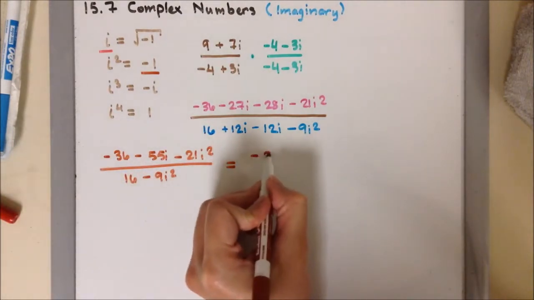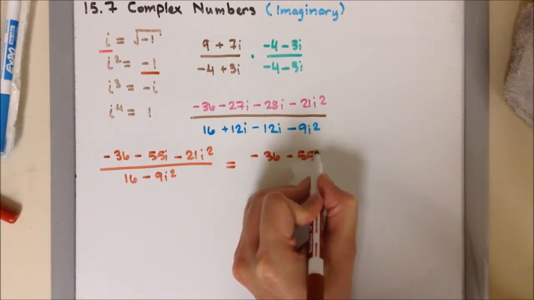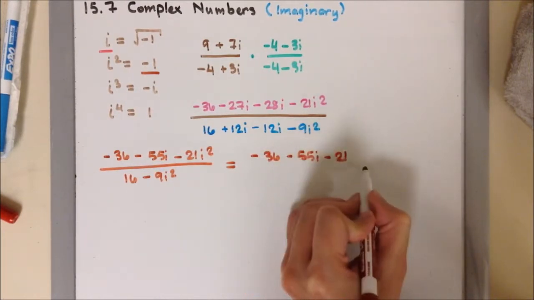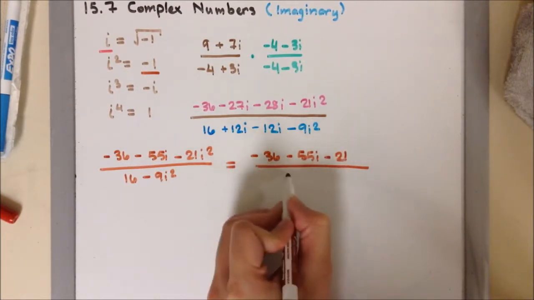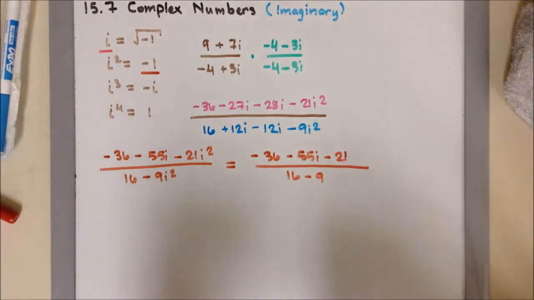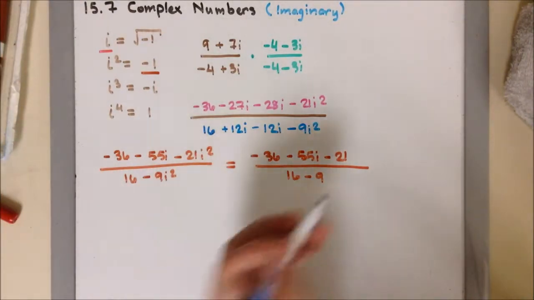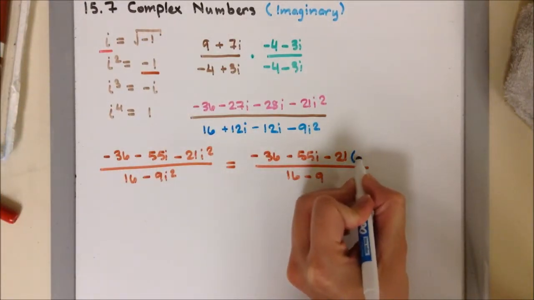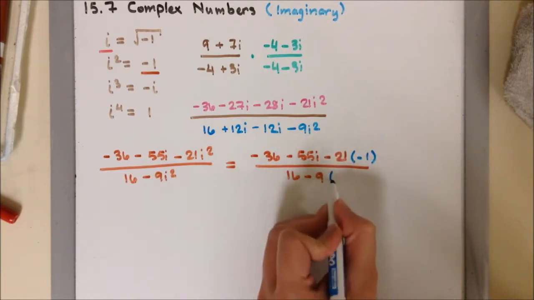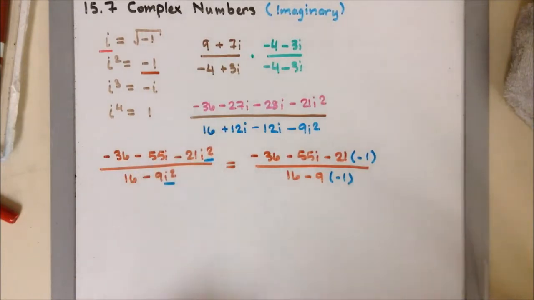So negative 36 minus 55i minus 21 over 16 minus 9. And again, I'm switching out my i squared with negative 1. So again, I replace i squared with negative 1. So from there,